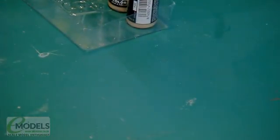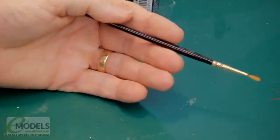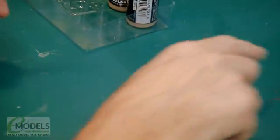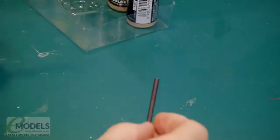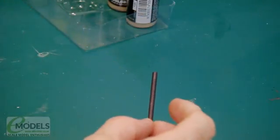so I can find a brush. Got everything ready but the brush. Find the brush. I've just painted these with a size 0 round brush, which has gone on quite well. I've given them all a base coat in a black acrylic primer, as I've said, and then we've gone on